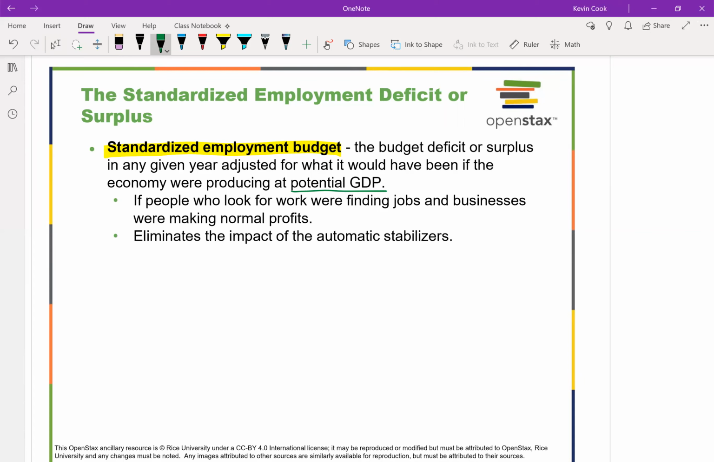That is, firms are making normal profits, people are finding jobs, and so on. And if we think about this on a personal level, the standardized employment budget is just like your regular budget. That is, I have my regular income and my regular expenses. And if you think about how you want to do your personal budget, odds are you're not going to budget